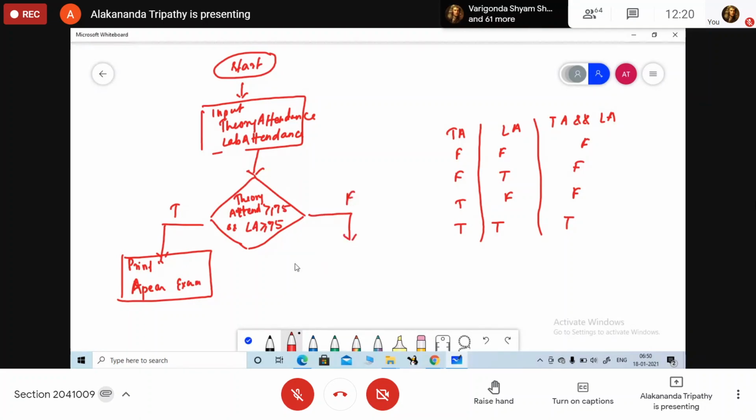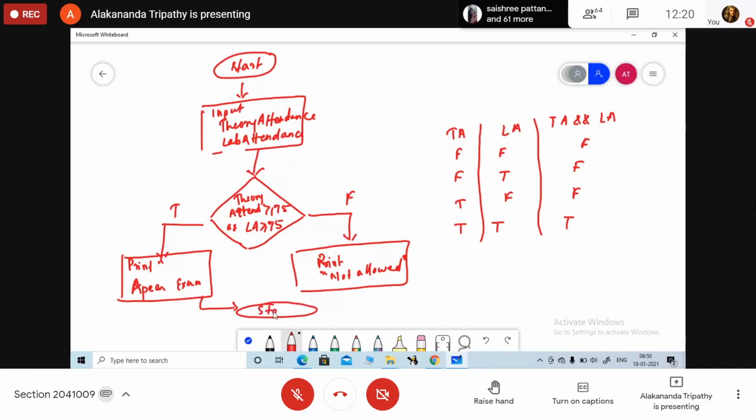If it is false, print not allowed. And in both the cases, what will be the value here? Stop.